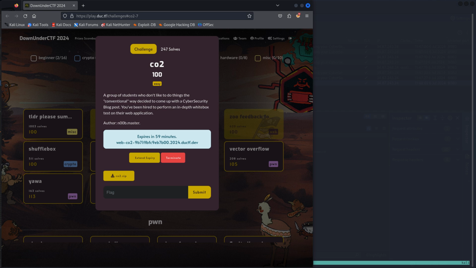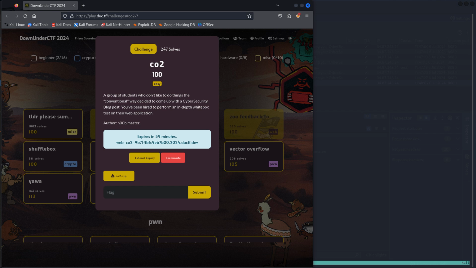And this is an easy challenge. I mean, it's rated easy. And if you know the vulnerability, it's actually pretty straightforward and easy. But I think this is a deceptively difficult challenge because the vulnerability is not really immediately obvious. And I can easily see there being a lot of people who couldn't find the vulnerability and it being pretty frustrating,